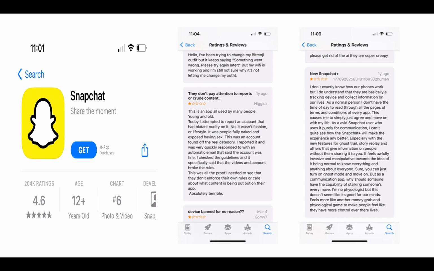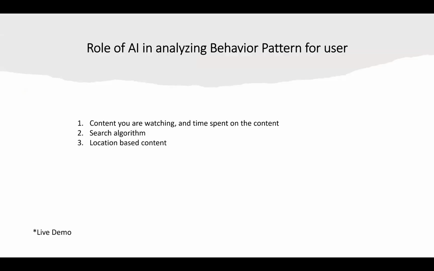It is grabbing your personal content unknowingly. It is getting your behavior patterns. We will see it in the next slide. It is taking your location, taking your interest, and selling it to ad companies. So that's how the free apps are earning, right?